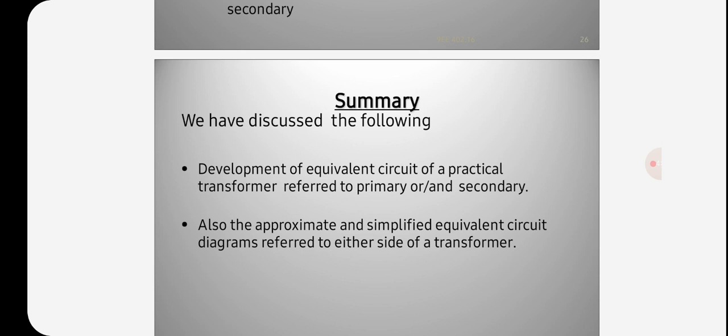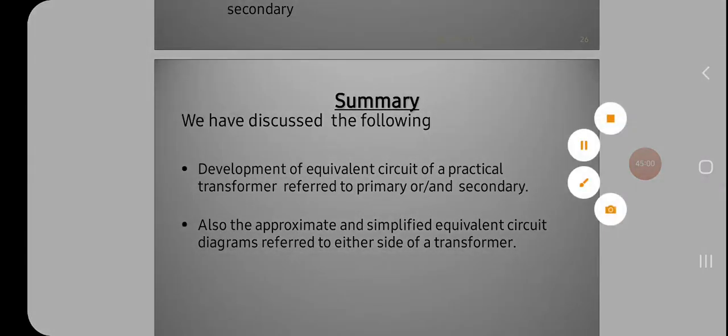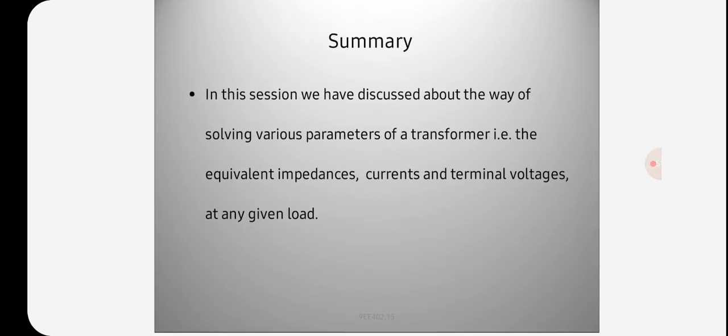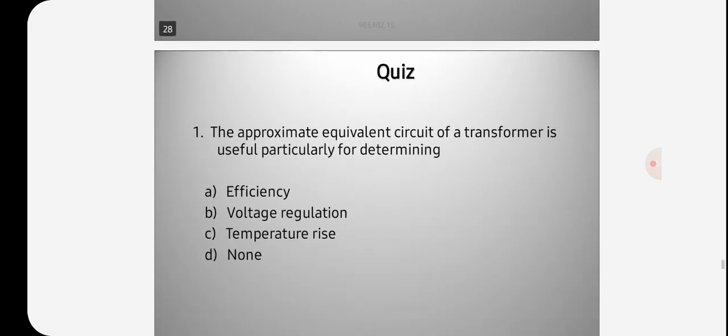Today we learned about the development of the equivalent circuit of a practical transformer referred to primary or secondary, and also the approximate and simplified equivalent circuit diagrams referred to either side of a transformer. In this session we have also discussed the way of solving various parameters of a transformer, that is the equivalent impedance, currents, and terminal voltages at any given load. So in this we have a few quiz questions,